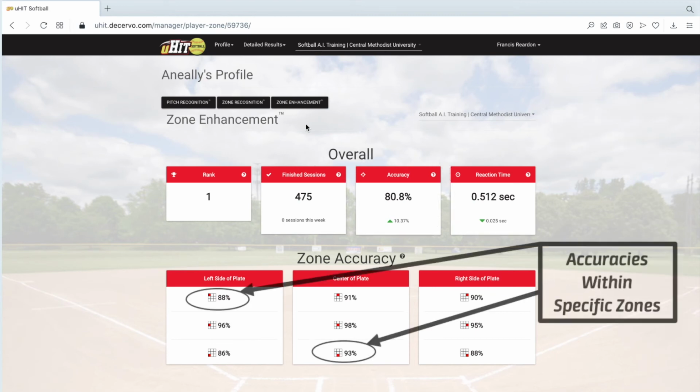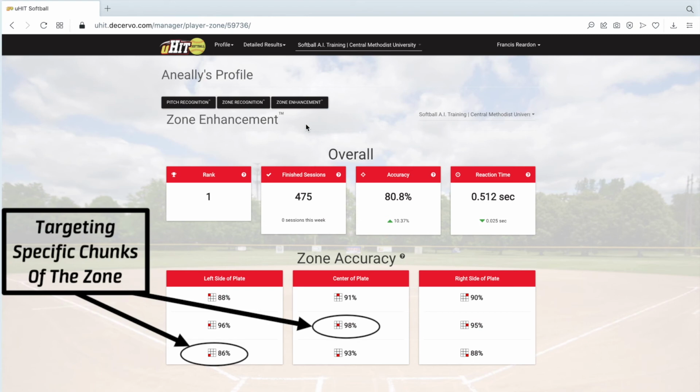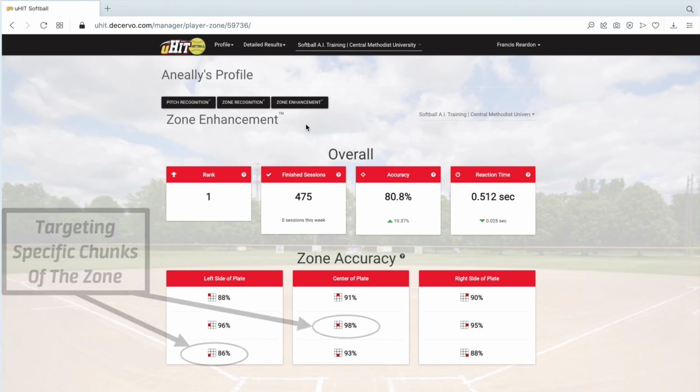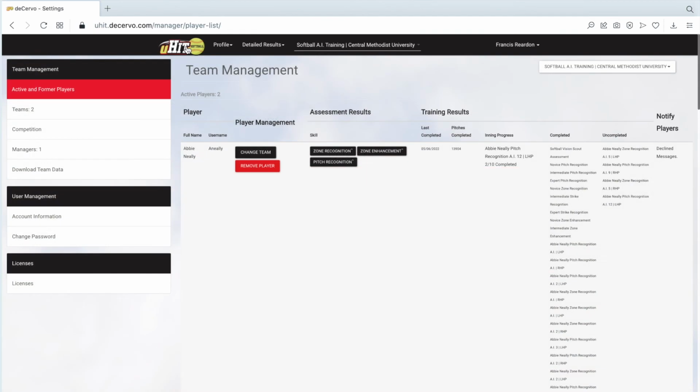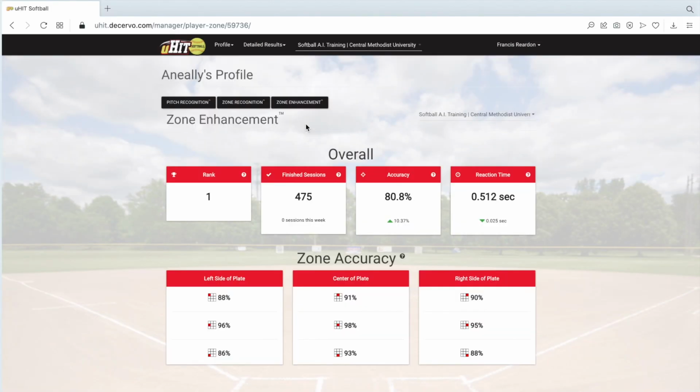Looking below, it's very common that the accuracies within specific zones are much higher than what you saw earlier. This is because the player is targeting specific chunks of the zone rather than covering all of the zone. With the uHIT dashboard, you can look at your player's progress in these ways, and even use the zone accuracy